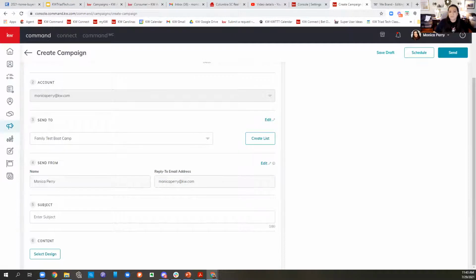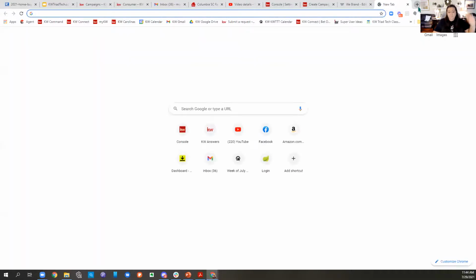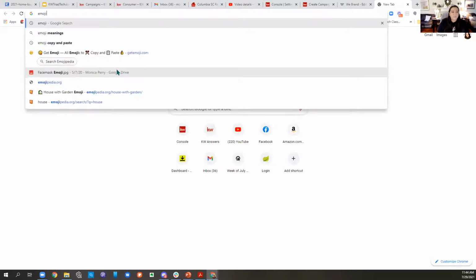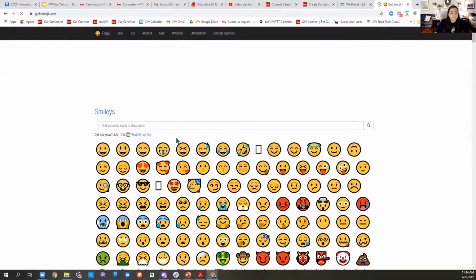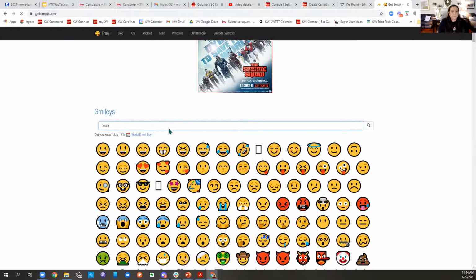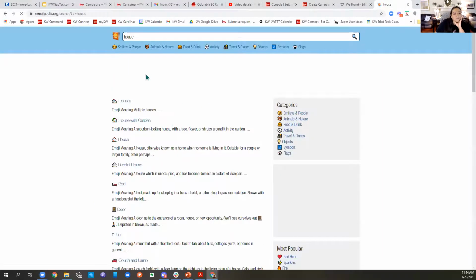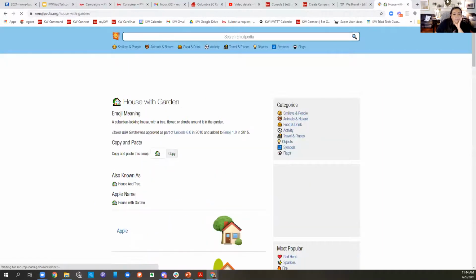I love emojis. Young people love emojis. If you want to insert emojis into your subject lines on your emails, then you can literally just type emoji in your search bar in Google, and you can go to get emoji. If you're on a Mac, I think you guys have a way to get emojis, but I'm on a PC, so this is how I usually do it. So say I want a house. I can search for the house, and I like this one with the garden. Then I can just copy this emoji,